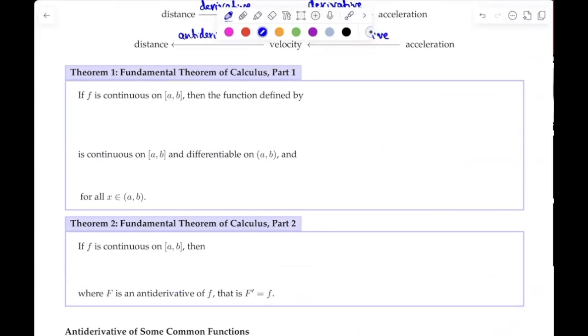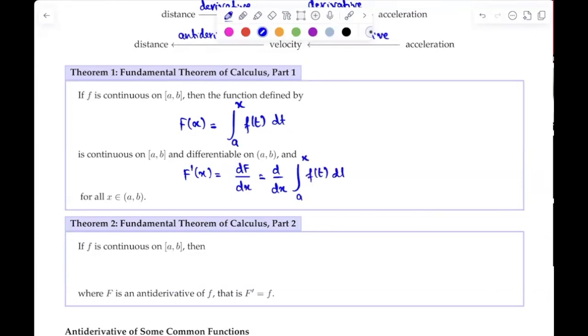Fundamental theorem of calculus part 1: let f be a continuous function on the closed interval [a, b]. Then the function defined by capital F of x equals the definite integral from a to x of f of t dt, where x is the variable, and you can actually vary the value of x here. This function is also continuous on [a, b] and is differentiable on the open interval (a, b), and you have that F prime of x, or dF/dx, or d/dx of the integral from a to x of f of t dt,